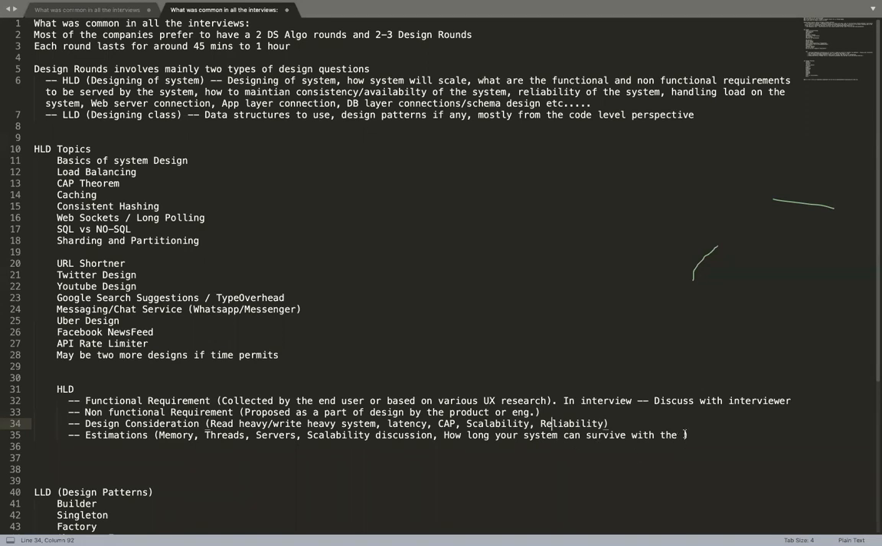How long can your system survive with the current configuration? So all of those have to be part of your configuration. Then there comes the high-level design of the system. In this, we generally talk about web servers, load balancers, application servers, database, DB layer